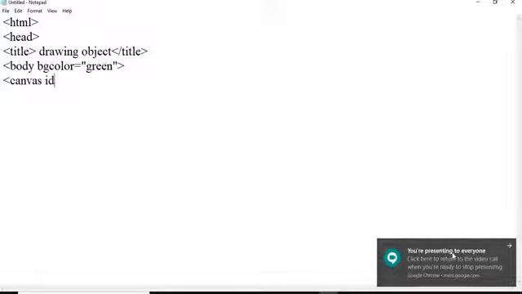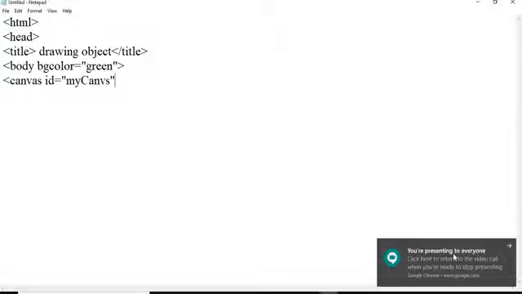So here I will add the canvas with an id equal to, for example, myCanvas. This should be in double quotes. This is the id we are defining.